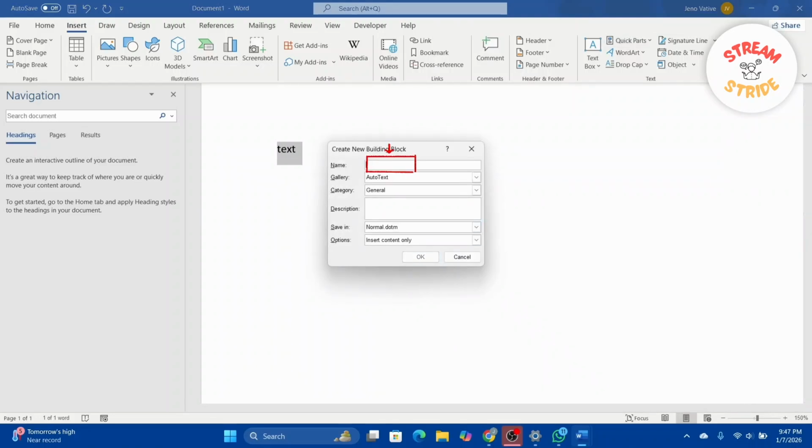So you can give it a name. So I'm just going to type in 1, let's say, and even select your gallery, etc. Saving option. And once we do so, assign it a category if needed, and click on this option called OK,